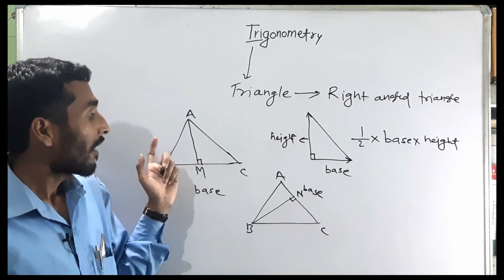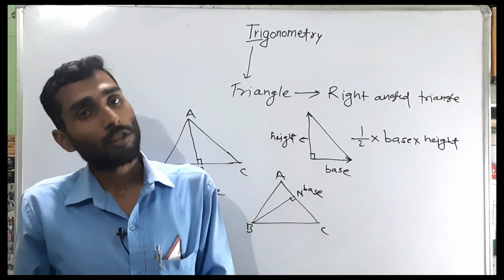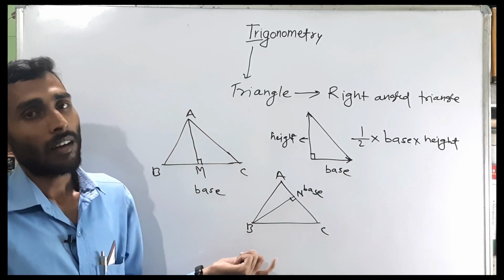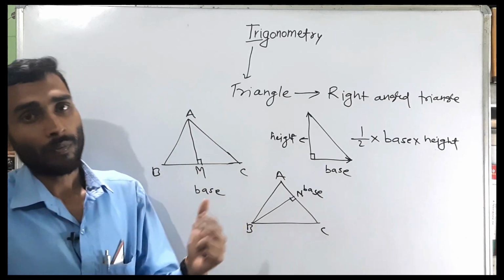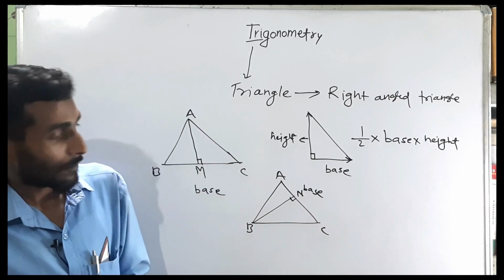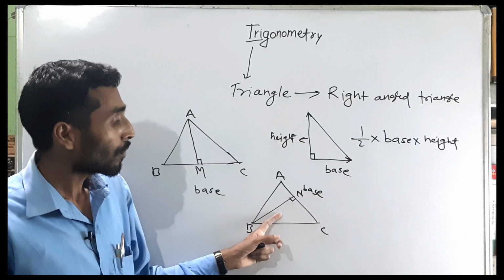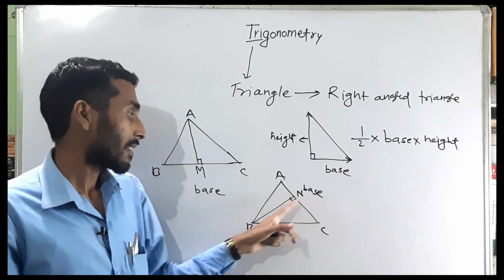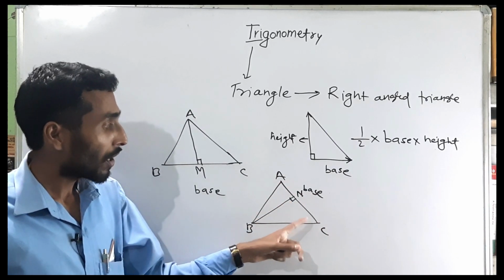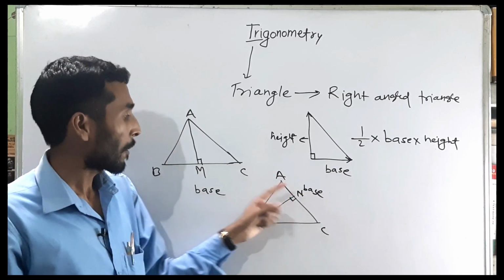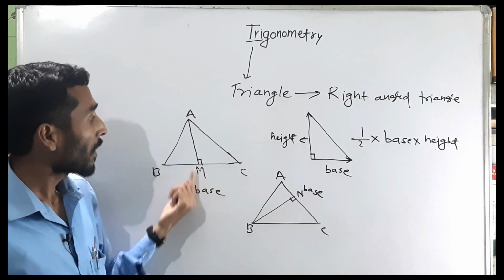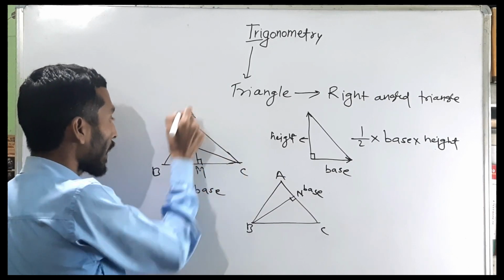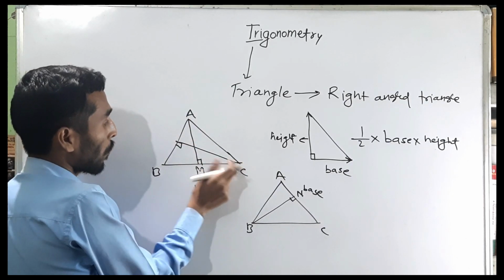So in a triangle there are three altitudes and three corresponding bases. AC is the base corresponding to BN, BC is the base corresponding to AM, and AB is the base corresponding to